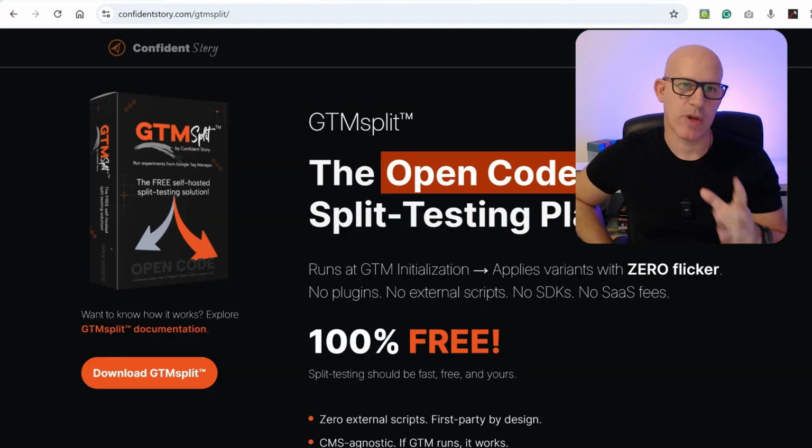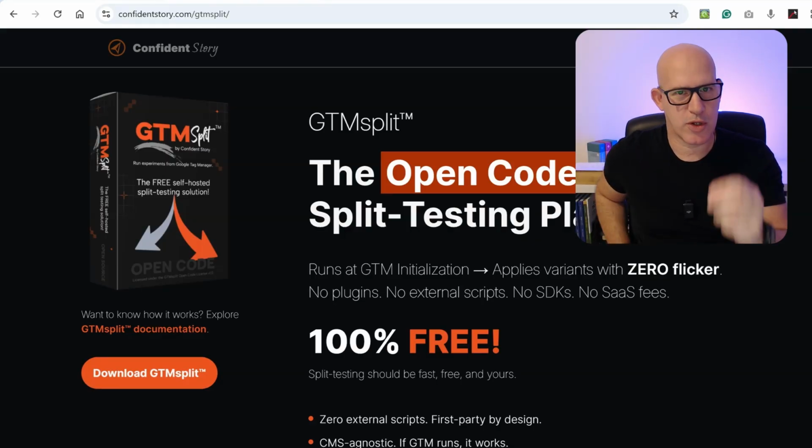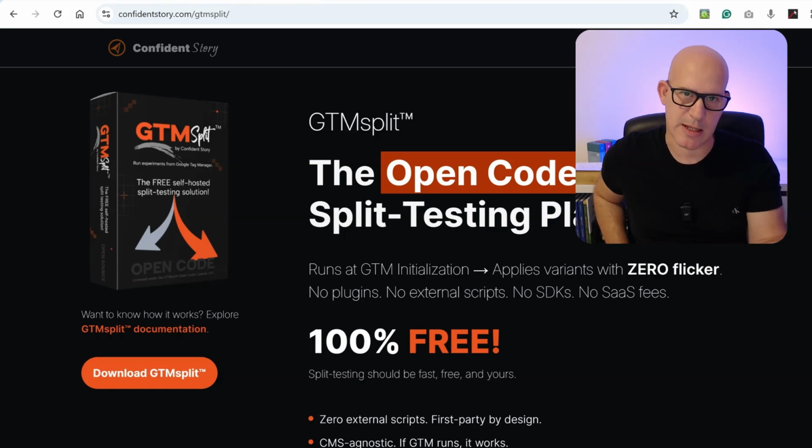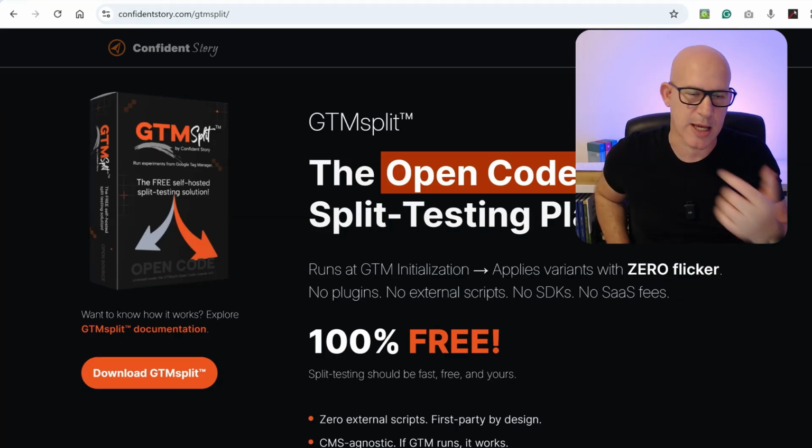I started to realize that risk is a real problem when I saw that people were skeptical to install GTM Split, which is a free split testing tool I created. And it's really, really powerful. And again, it's free. So I didn't understand why people are not trying it. And then I understood that the main reason is that people are afraid of what the script can do to